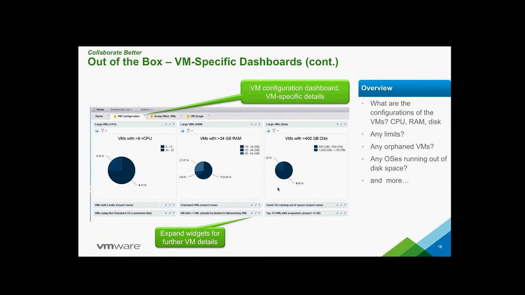Moving on, talking about the VM configuration dashboard, you can basically look at what kind of VMs you have which are greater than 8 vCPUs. So you might want to keep an eye on them and see if you want to reduce that number as much as possible. That will help you make sure that you do not have large VMs which are causing contention